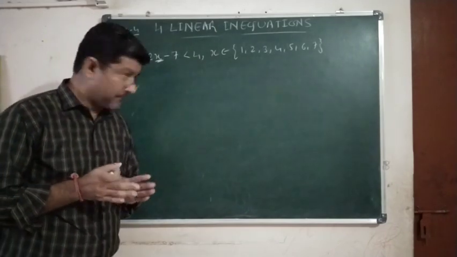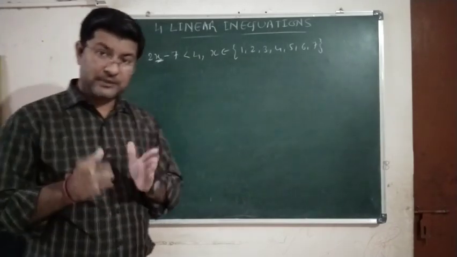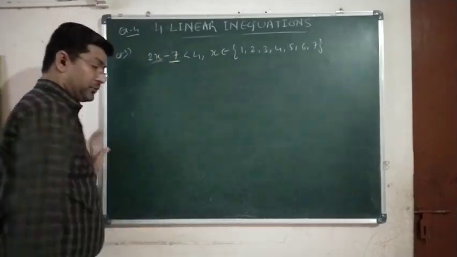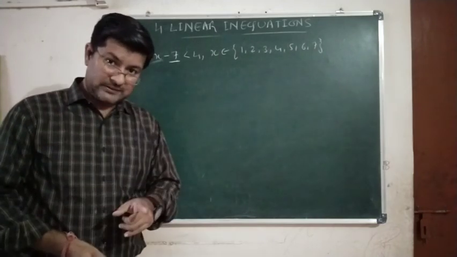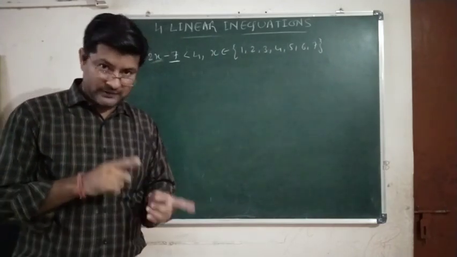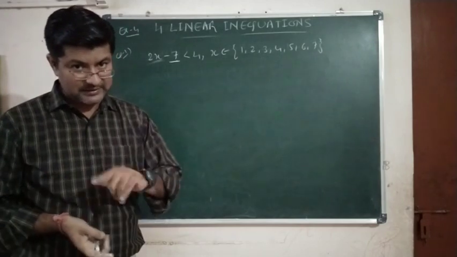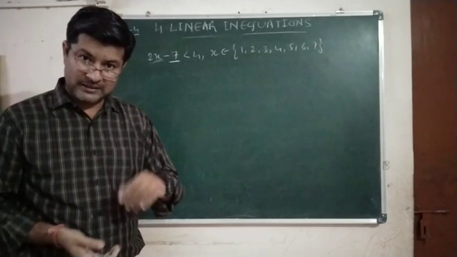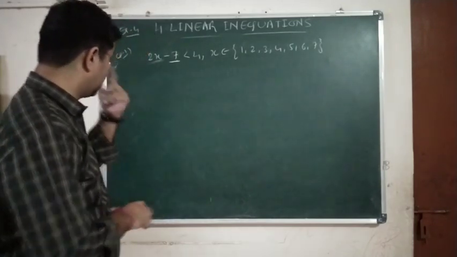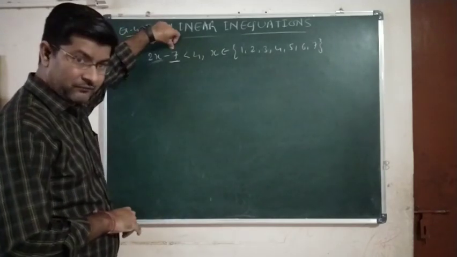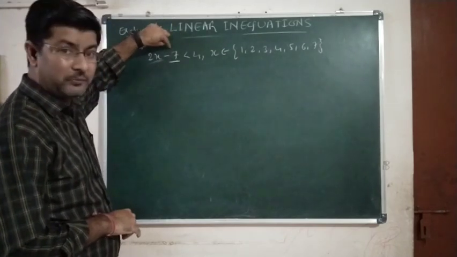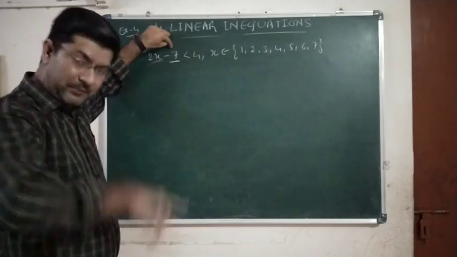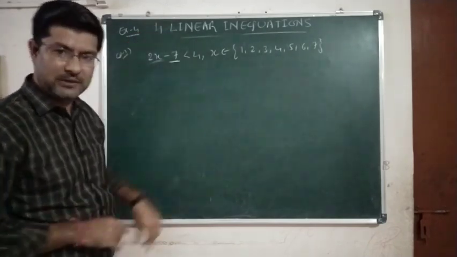First we will remove the terms which are connected by plus or minus symbol. For example minus 7. Yes or no? Remember always that remove the terms first which are connected by plus or minus symbols, okay, and then the other terms which are in multiplication or in division. Okay, so we have minus 7 over here. So if you want to remove minus 7, what you will do, you will take the opposite operation, you will add plus 7. So minus 7 plus 7 becomes 0.